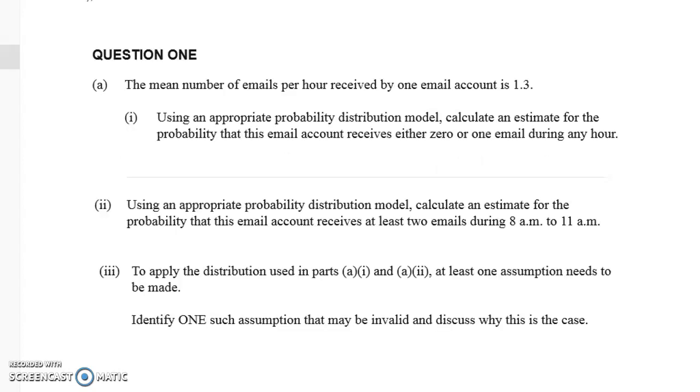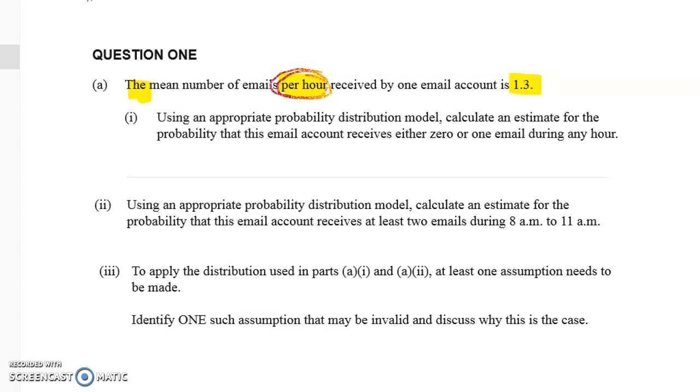So this first question was about the Poisson distribution, and it was reasonably straightforward. The harder part of question one came in part B. So in this one, we're starting off with a basic Poisson question, right? And we know that it's Poisson because we're told that the mean number of emails per hour received by one email account is 1.3. So the giveaway that it's a Poisson is that I've got a number of things per